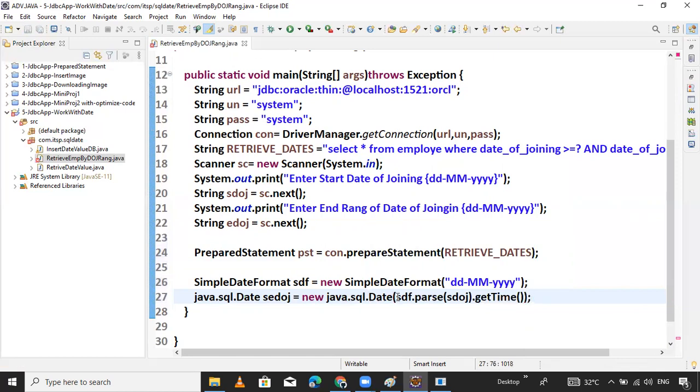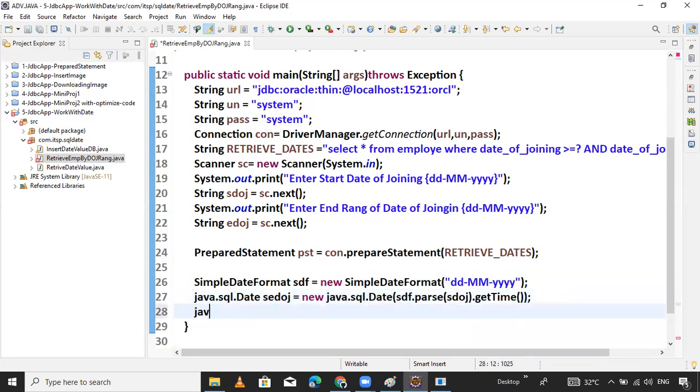Now this line is converting the util date to SQL date. Now the same thing performing next. Copy this.